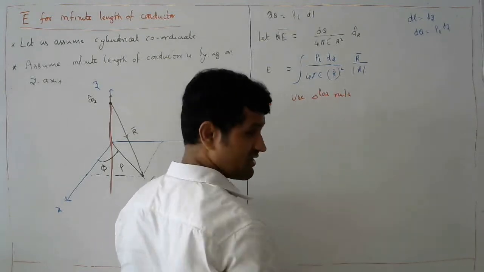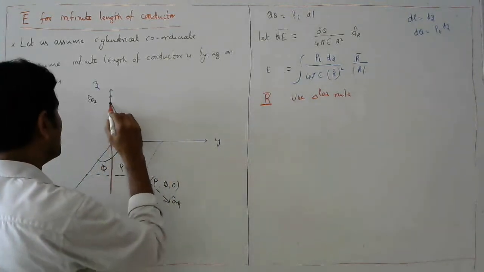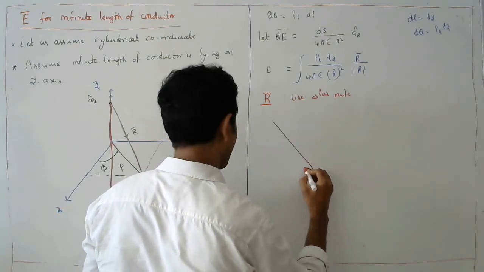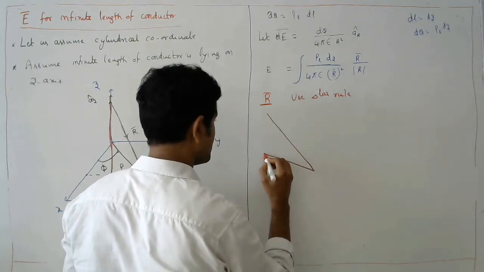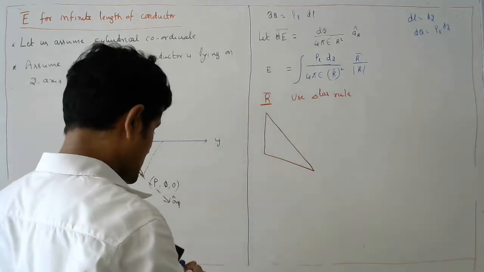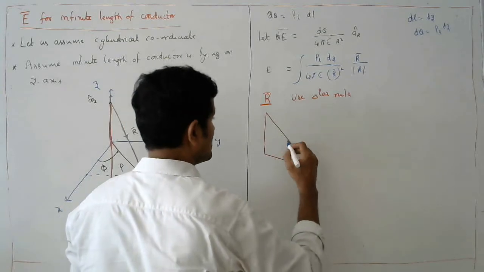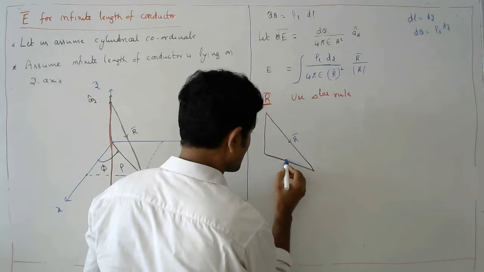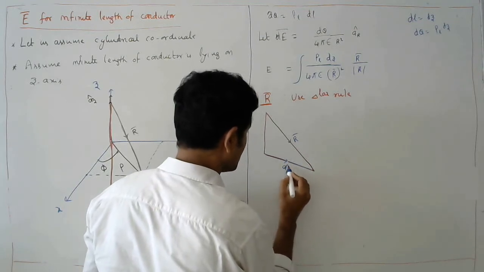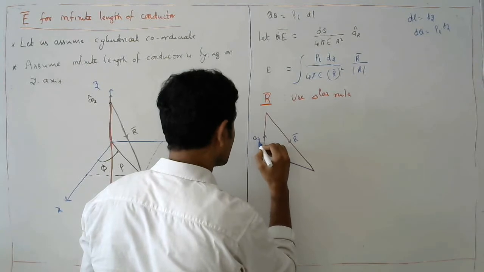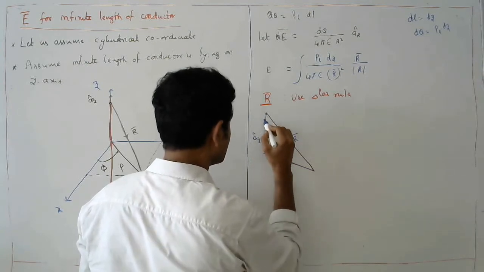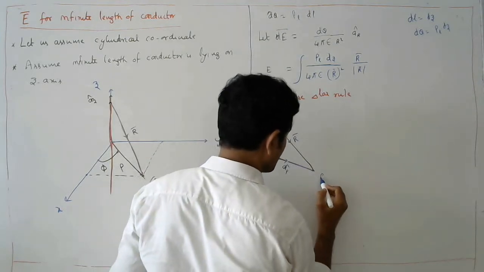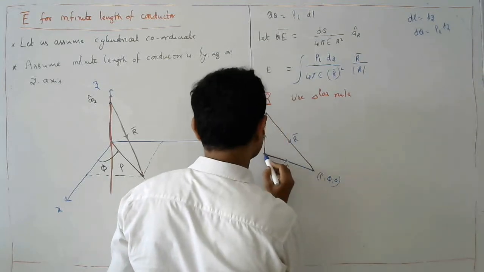It is similar to KVL. So I am drawing the same triangle. In this triangle, at this location we are defining r bar, and this is the rho axis, so rho lies in the rho cap direction. The other vector lies in the az cap direction. The points on the z axis are 0, 0, 0, here the points are rho, phi, 0, and this is the origin 0, 0, 0.